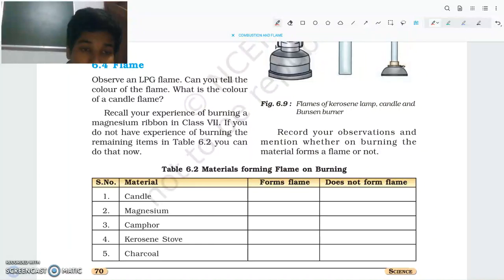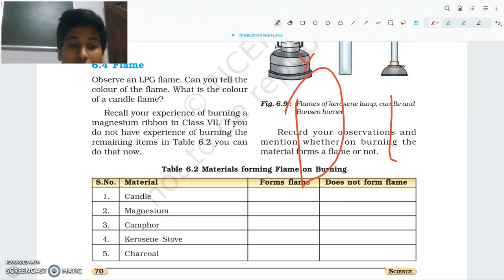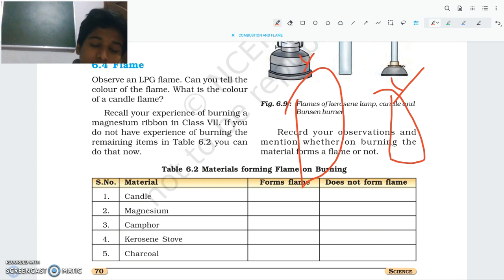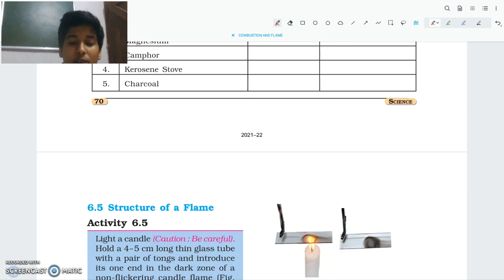Now flame. By flame, I mean that if you see a candle flame, it is yellow in color, mostly, and in LPG it is blue in color. Why? It is because of the middle zone and outer zone. The outer zone is the hottest part of the flame, that is in the gas stoves, and the middle zone is in the candle. A candle produces light, and therefore we use it as a candle.